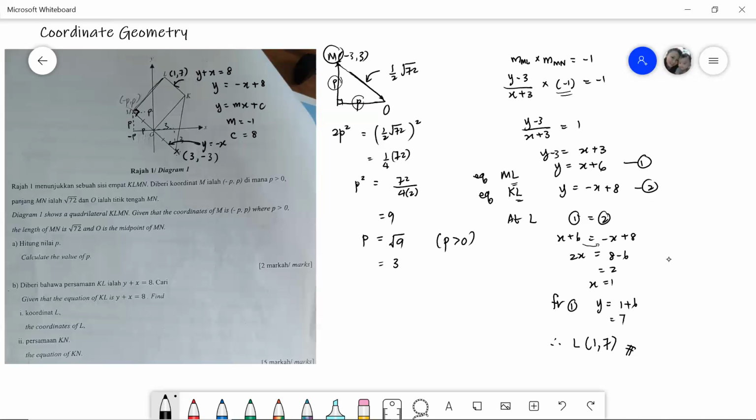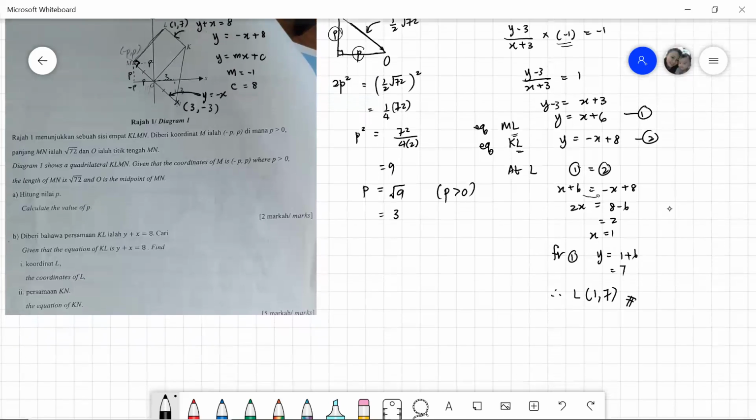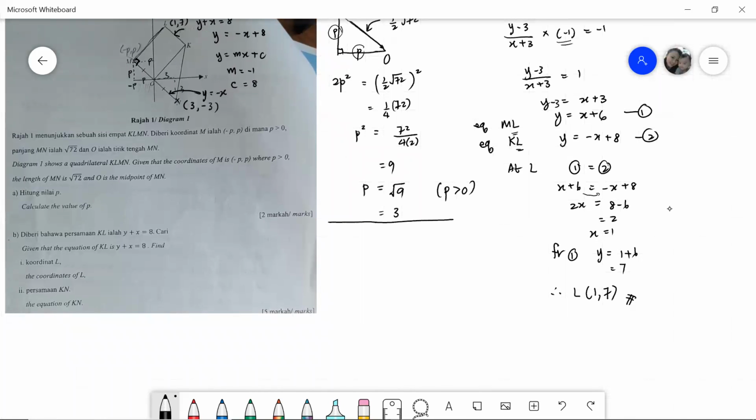Now, to find the equation of KN, this is part (b)(ii). You must have two things. One is the gradient of KN. Another is a point on KN. In this case, we know the point N, which is (3, -3). But what is the gradient of KN? I don't know, unless I can find the